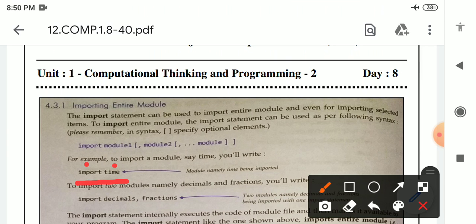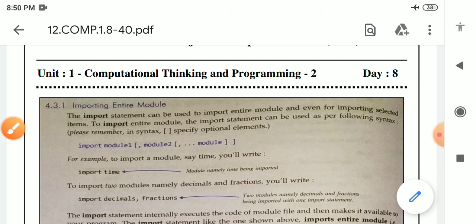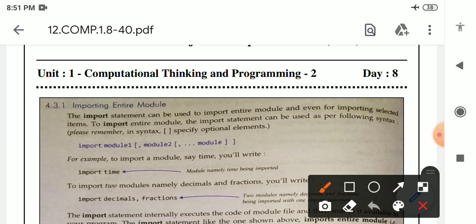So in this way we can import an entire module in our program. We can also import two modules in our program by using only one import statement. See here, this is the import statement.